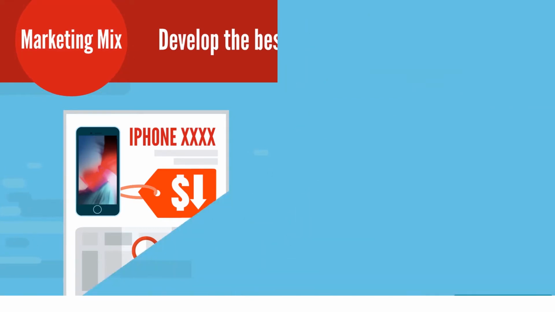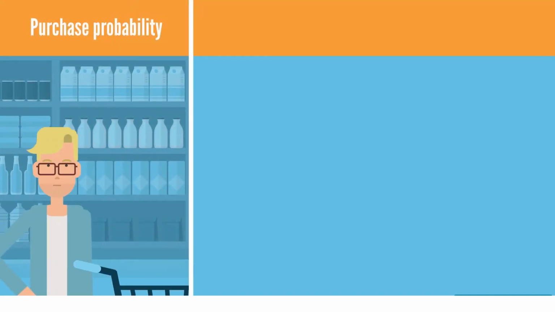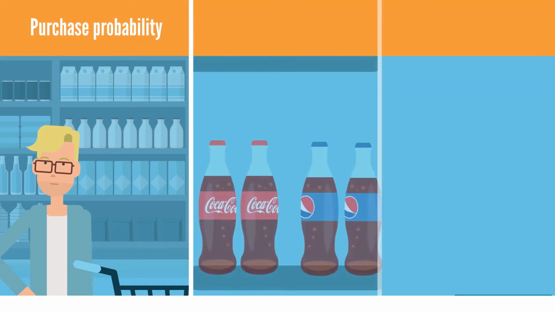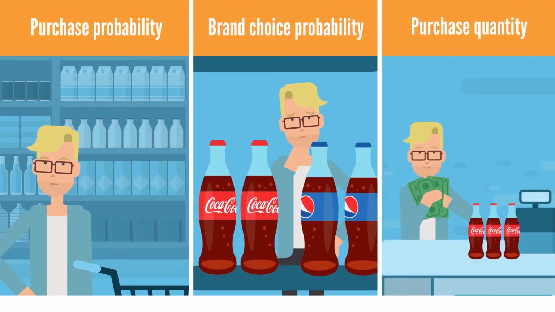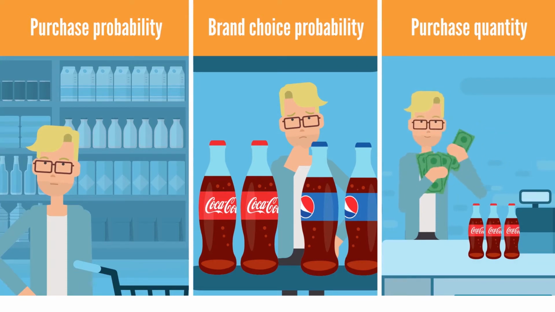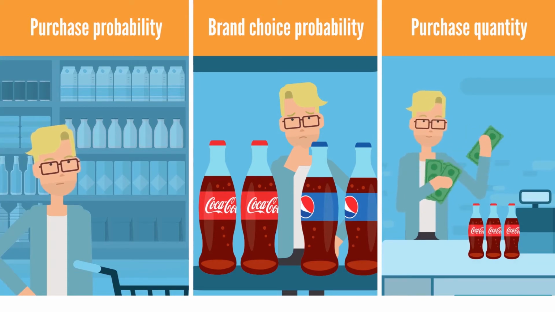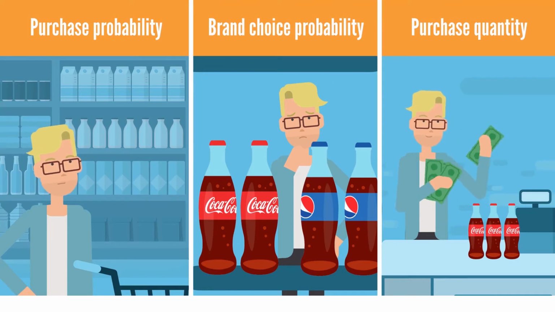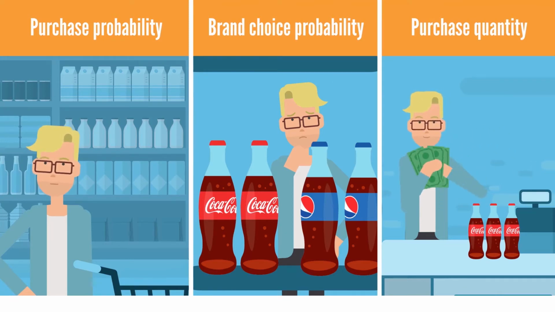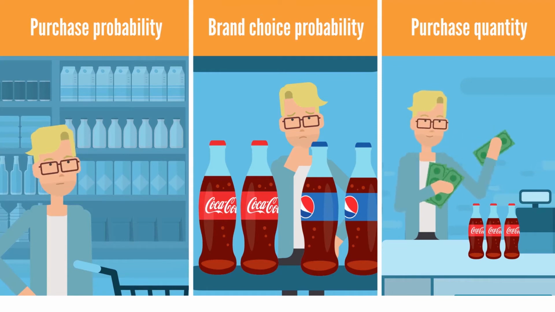1. Will a customer buy a product from a particular product category when they enter the shop? 2. Which brand is the customer going to choose? 3. How many units is the customer going to purchase? These 3 questions outline 3 main components of the purchase process and examine how each of them is influenced by the marketing mix tools. These components are: